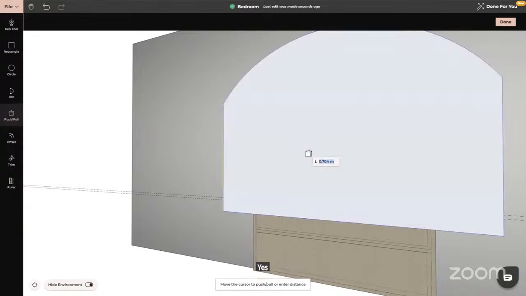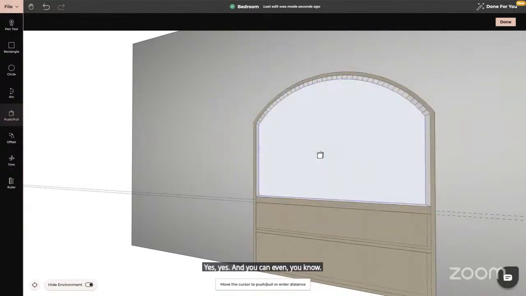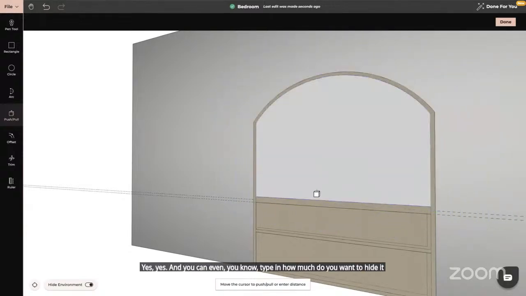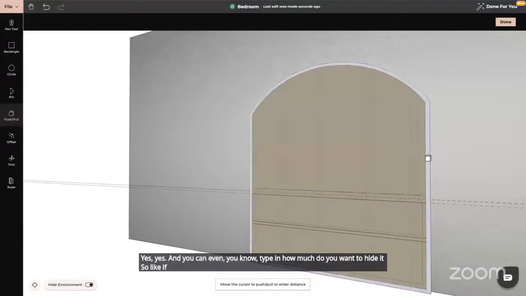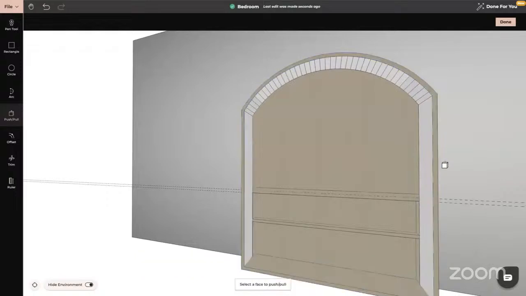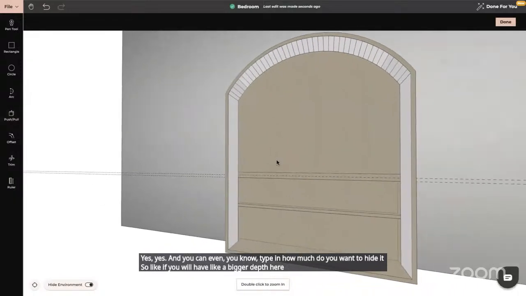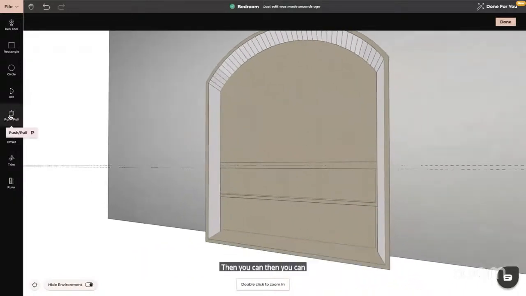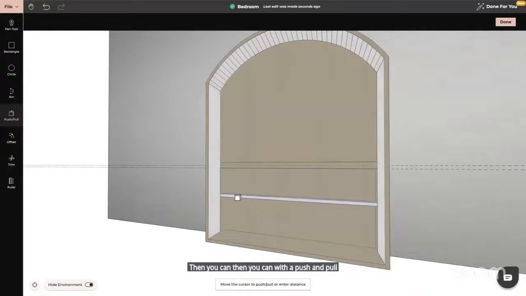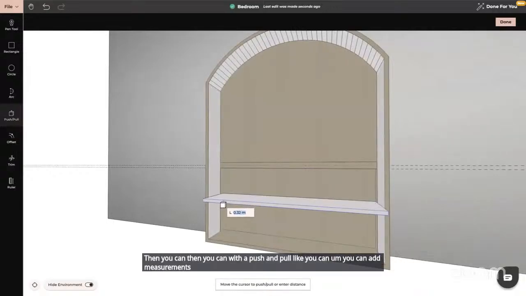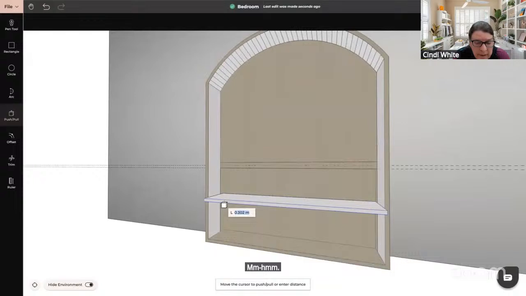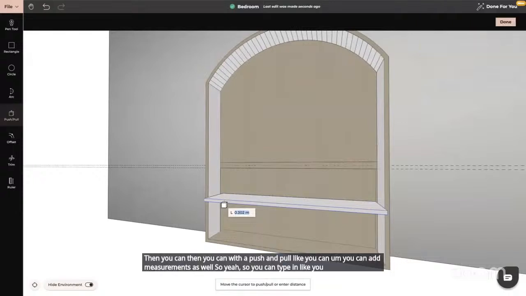And you can even type in how much you want to hide it. So if you want a bigger depth here, then with push and pull you can add measurements as well. So you can type in how deep you want your cavities to be, or how much depth